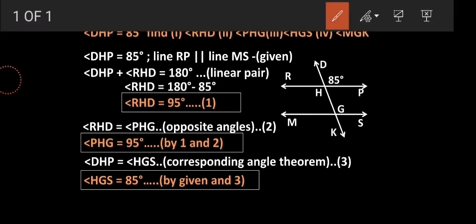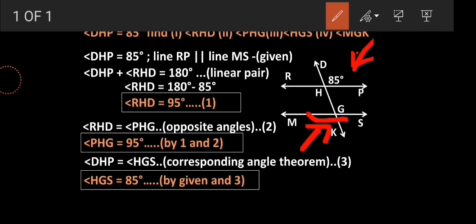Where is MGK? First of all, to locate it, here there is the MGK. Now is there any relation between MGK, which is left bottom, and DHP, which is right top? I told you left bottom, right top, both are outside the line, so these are in the opposite direction of the transversal. This makes them exterior alternate angles, and if the lines are parallel, exterior alternate angles are also congruent